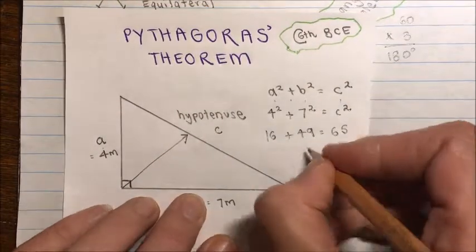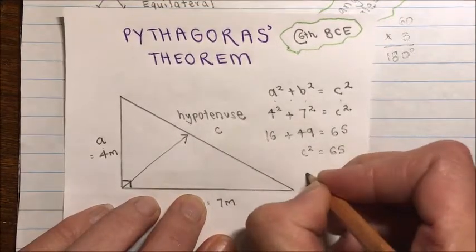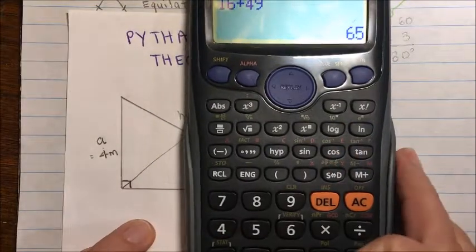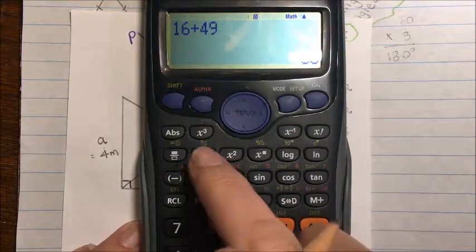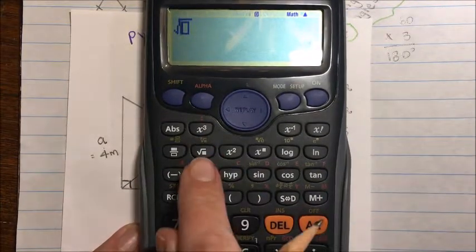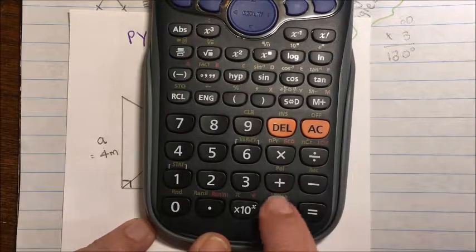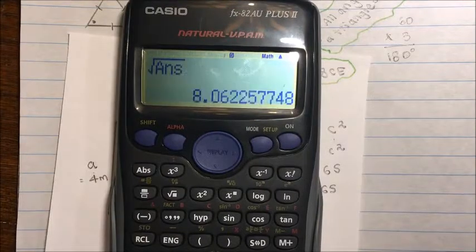So C squared equals 65. C must equal... I did 16 plus 49 equals 65. Now I'm going to do the square root, that button there, the square root of my answer, which equals